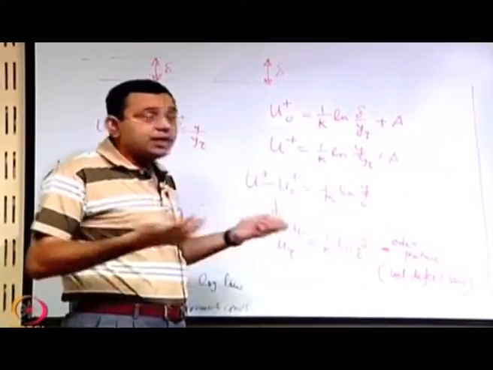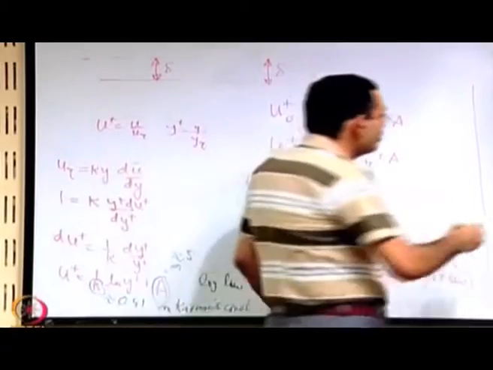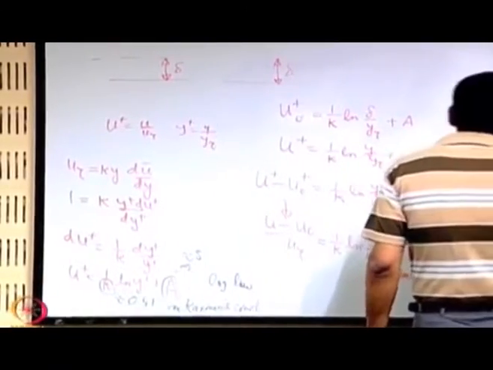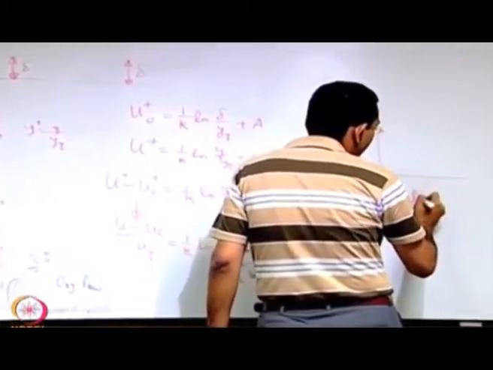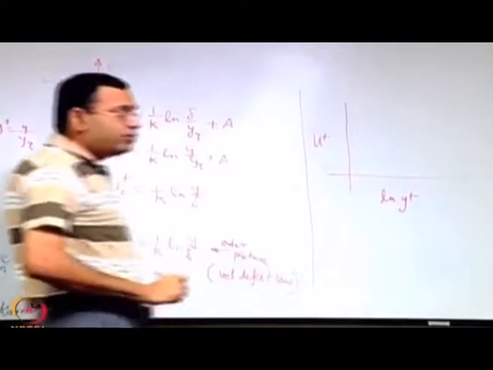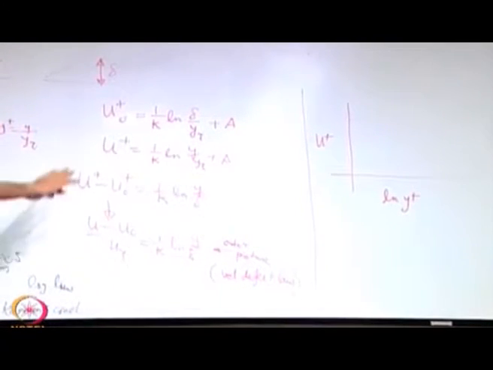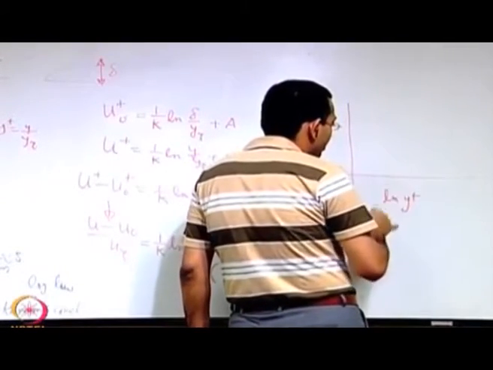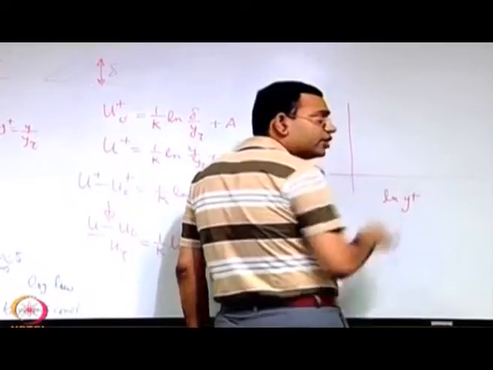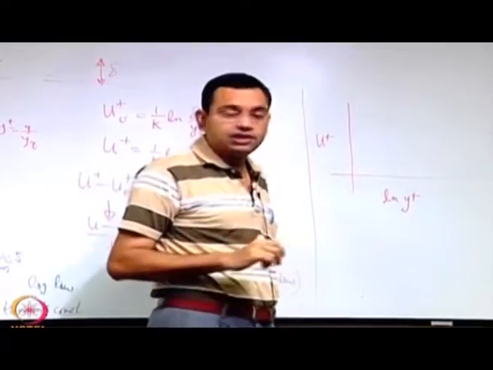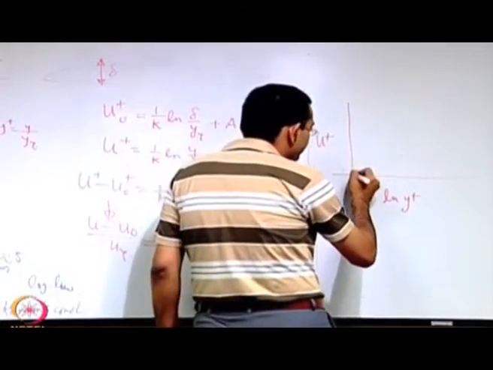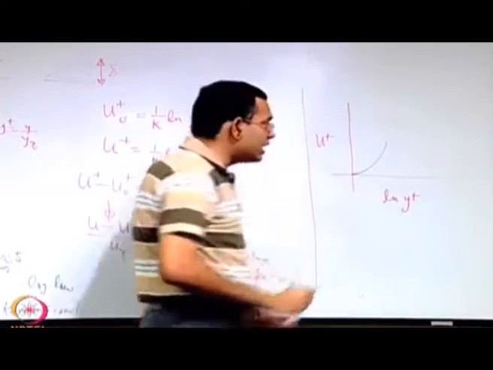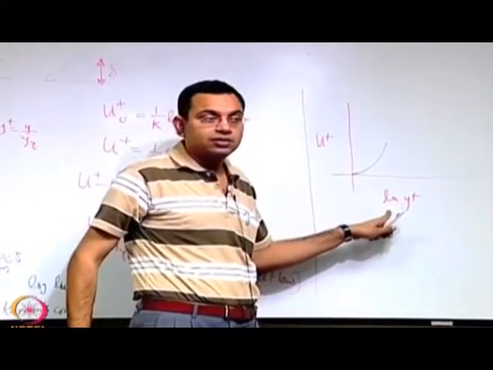Now, what did experiments give? So, let us try to make a plot of u plus as a function of ln y plus. We will try to make a fit of these approximate forms with what we get from experiments. So, what are these approximate forms? First of all, very close to the wall you have u plus equal to y plus, that is our conjecture. U plus equal to y plus will be like this, not a straight line because we are plotting with log.